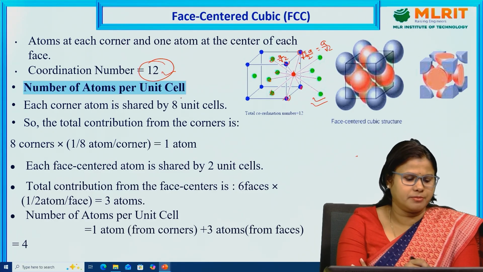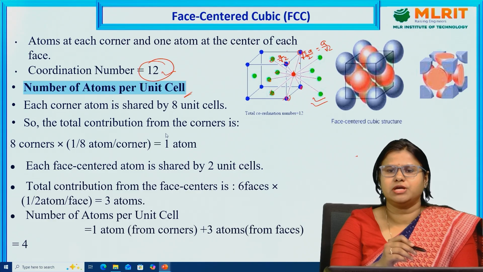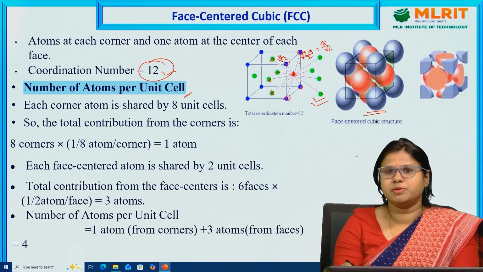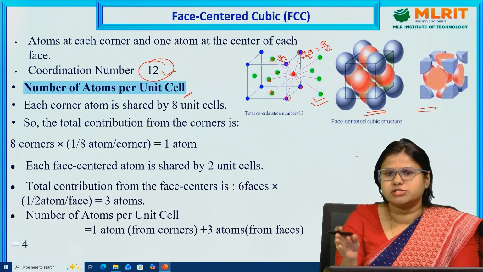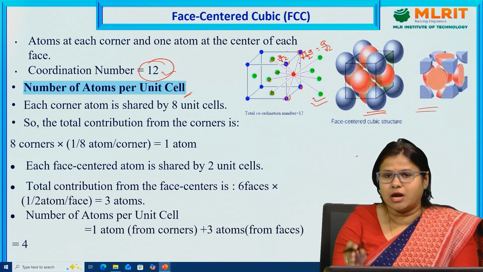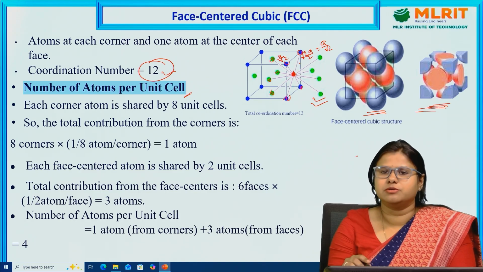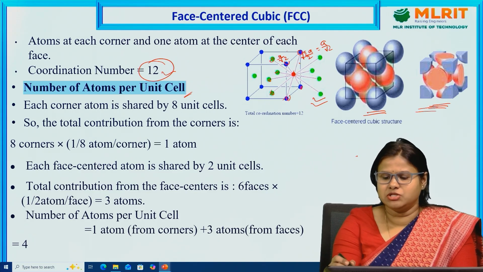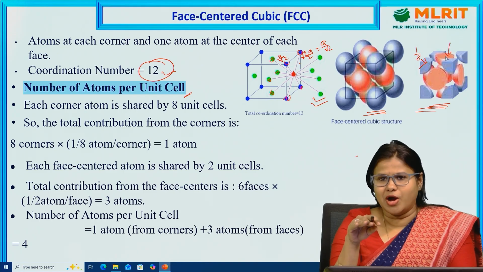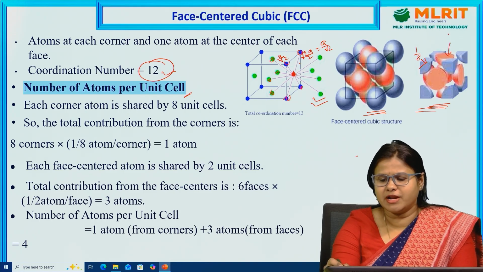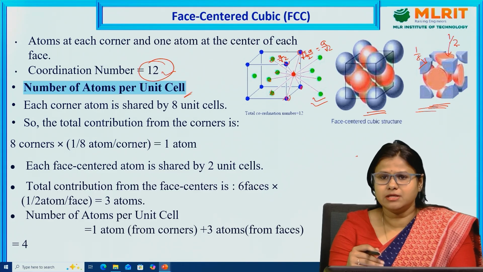Then let's find out the number of atoms per unit cell. Here this is the atomic arrangement of the face-centered cubic crystal system, and this is the cross-sectional view where we have cut the atoms, and we can see how much of each atom is inside the unit cell. For the corner atoms, only 1/8 portion of each atom is inside the unit cell, and for these red color atoms, which are cut into half, only 1/2 of the atom will be inside the unit cell.